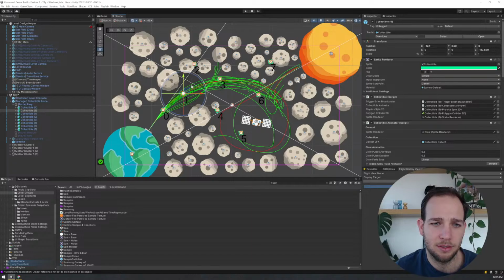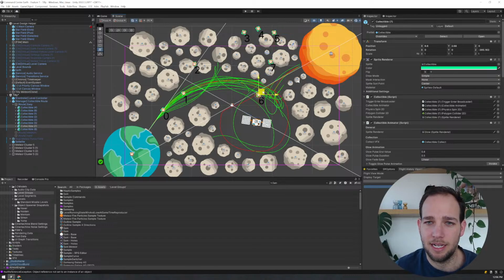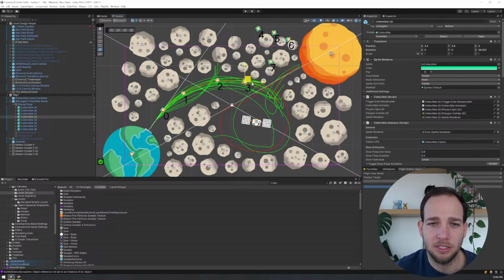1, 2 here. Kind of move these off to the side a little bit just because I don't need them yet. So 5. And then let's see, we got 6 here and 7. Okay, so then 2, I'll say it's around here. Once again, like I said, I like to randomize the rotation. I have a little tool that will automatically randomize all the rotations.